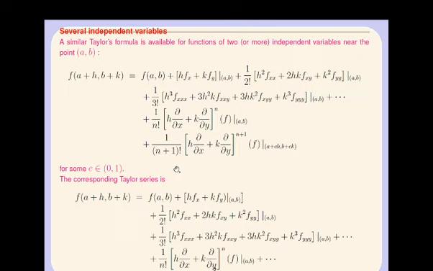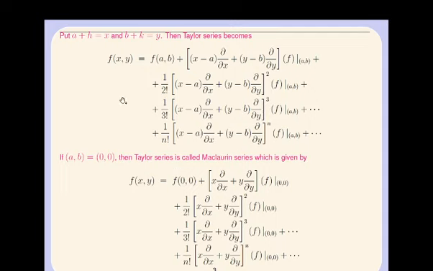Okay, hope you understood. Now there is another way of writing the previous Taylor series. Put a + h equal to x and b + k equal to y. Then the previous Taylor series can be written as f of (a + h, b + k), that is f of (x, y),